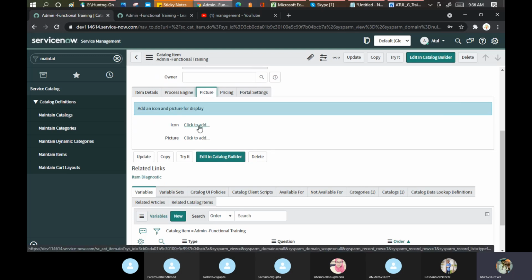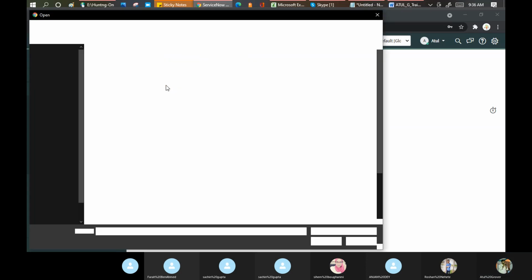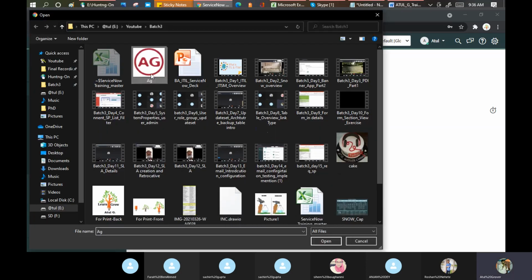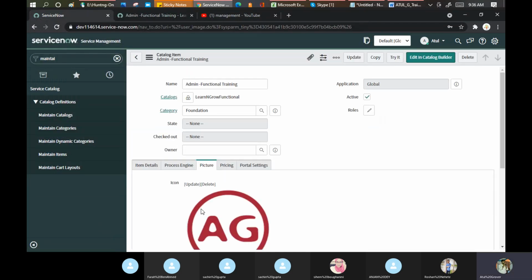Icon basically displays at the category level, and pictures basically display at the item level. Let's put two different pictures here. One, and let me put a picture here.